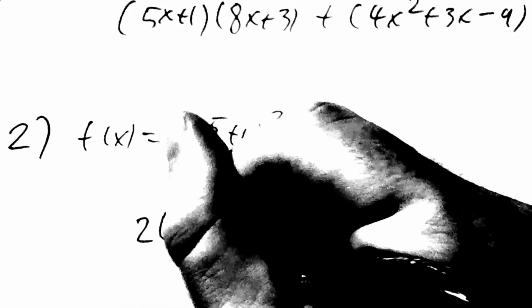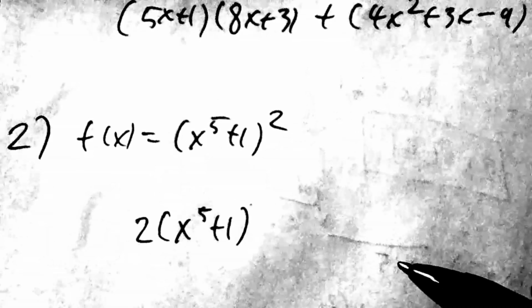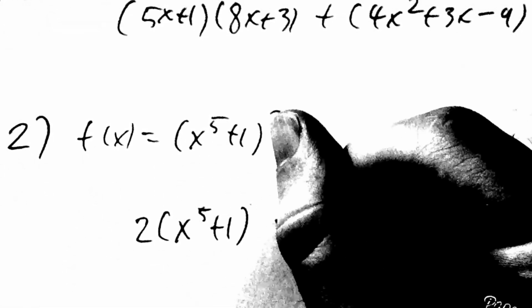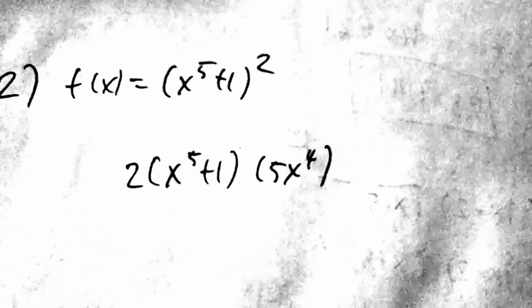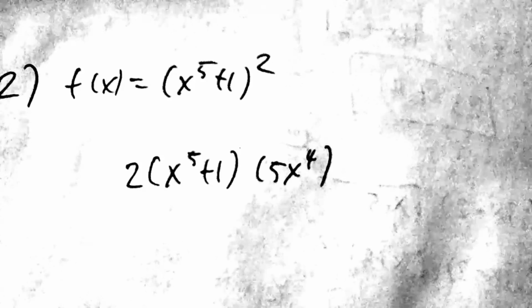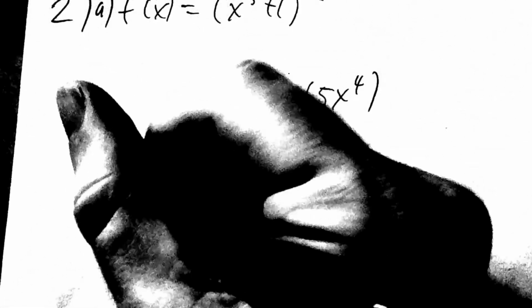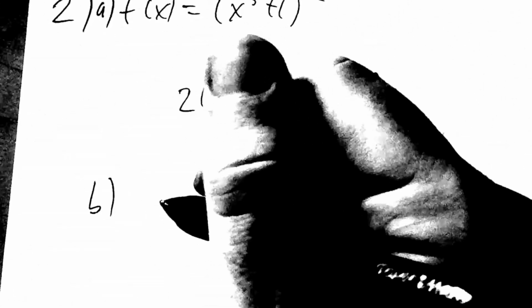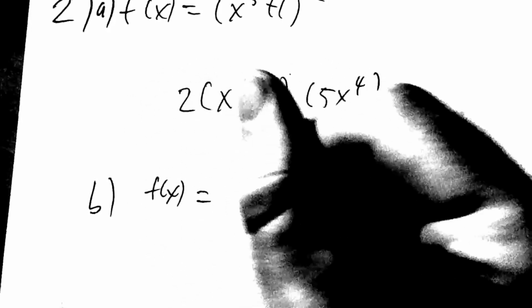Outside is to the power of 2, so I'm going to do 2 times x to the 5th plus 1, just to the power of 1. And then the derivative of the inside, which is 5x to the 4th. And that's it. Okay. Yeah, again, I could simplify that more. I'm not going to. Okay. That's A. Then B. We have f of x equals